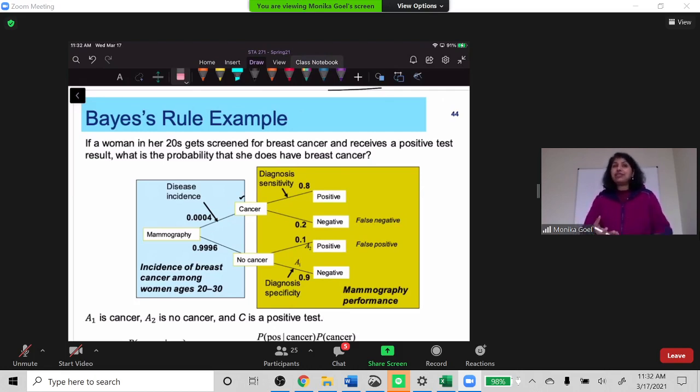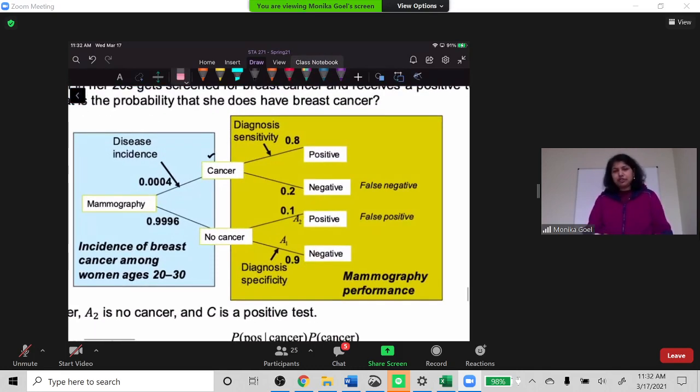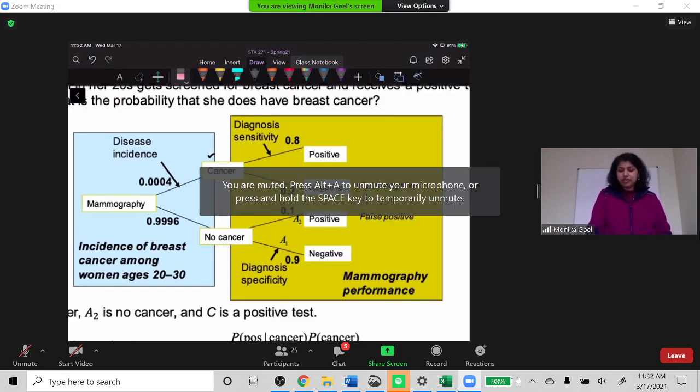Or if I have a disease and the test detects that there is a disease, or I don't have a disease and the test detects that I do not have a disease. So we get 4 results when we go for testing. And these results are denoted with different names. So if there is a disease and the test comes out positive, we call it the sensitivity of the test.